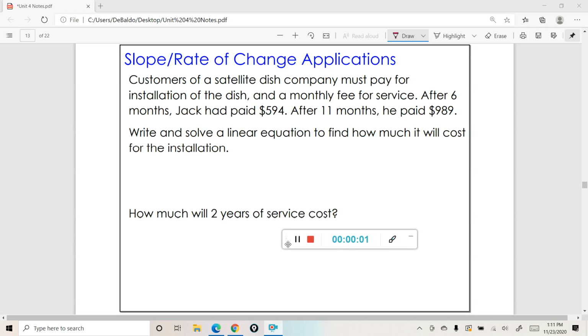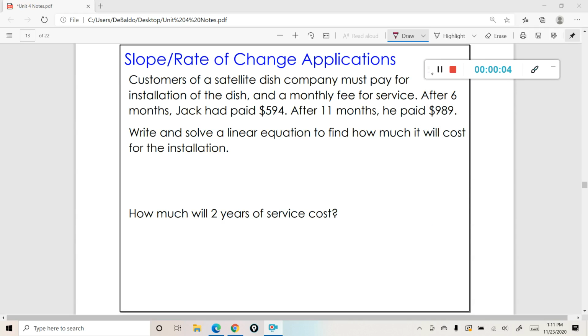In this lesson, we're going to be talking about slope rate of change application problems. Let's go ahead and take a look at this first one. Customers of a satellite dish company must pay for installation of the dish and a monthly fee for service. After 6 months, Jack had paid $594. After 11 months, he had paid